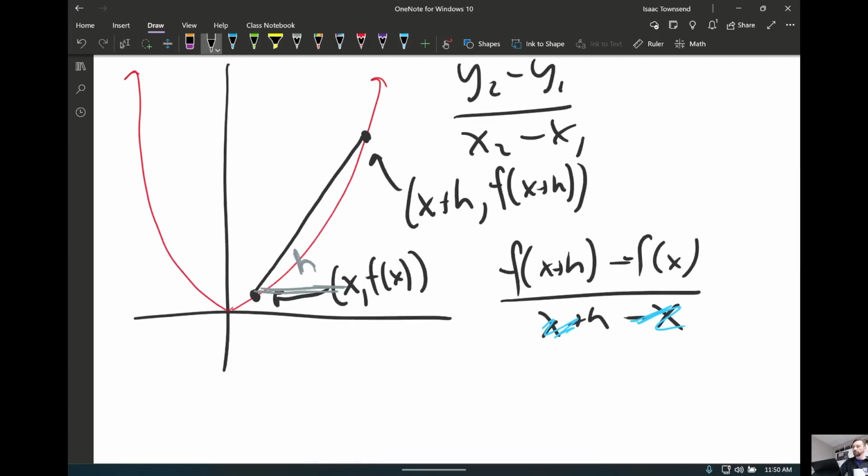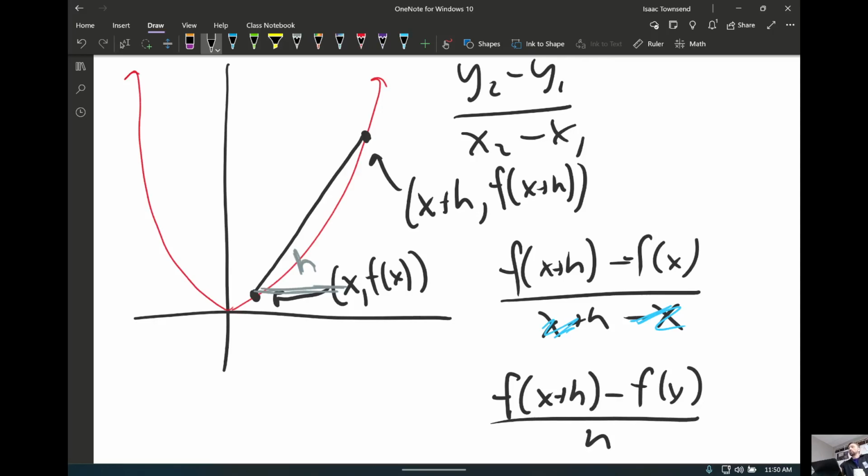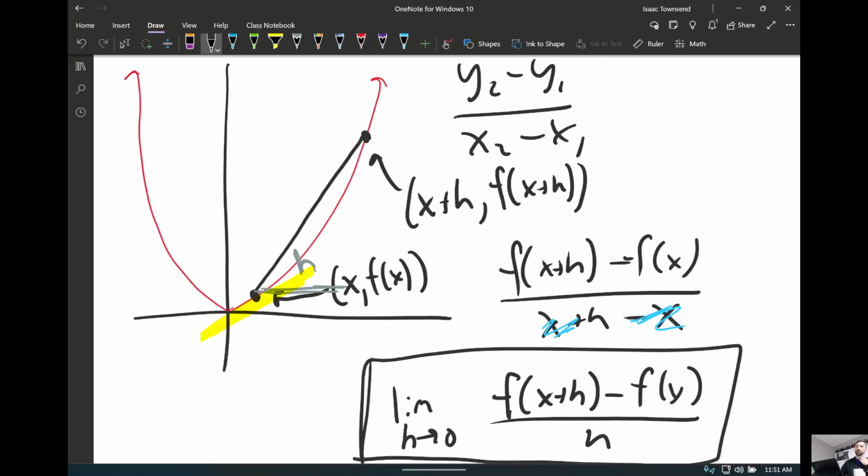So this is what we will be practicing today, what this means and how to do the algebra behind it. In calculus, you would do one more step. We don't make you do this step, but at the end of this, if you really want to know the slope at this instant, you want this h value to be as small as possible. So in calculus, we would say in the end, plug in 0 for h by doing the limit as h approaches 0. This is the definition of a derivative, and that is almost all of